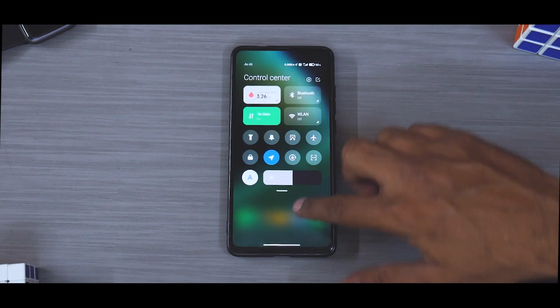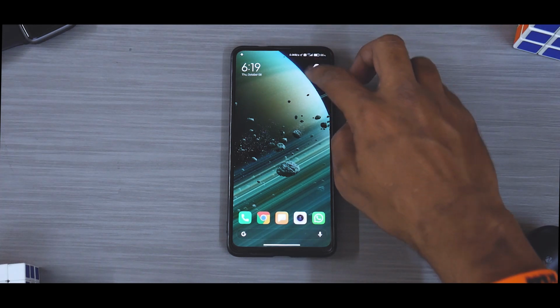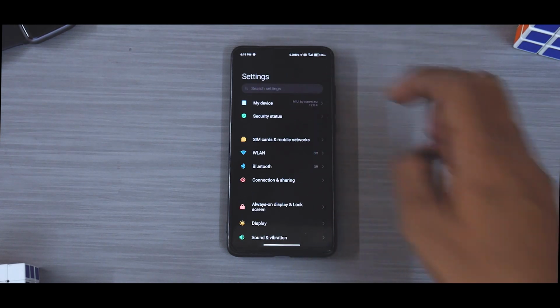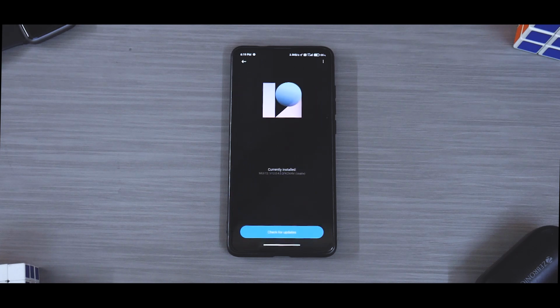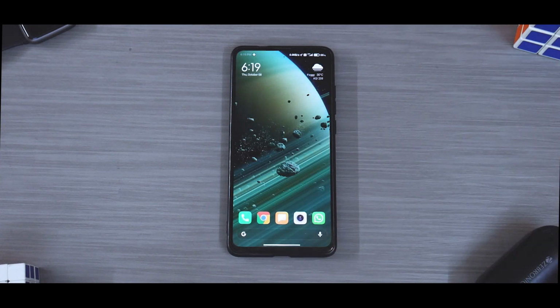But there are a lot of other small under the hood changes which I have really come to like about this particular ROM in the last 2 to 3 days that I have been using it. So first things first, let's actually start with the settings system option. If you go to about over here, there you go. This is MIUI version, MIUI 12.0.4 stable. So this is a custom ROM based on the stable China build. So the beta features might not be there, but the good news is a lot of stable features are there and the ROM works as advertised.